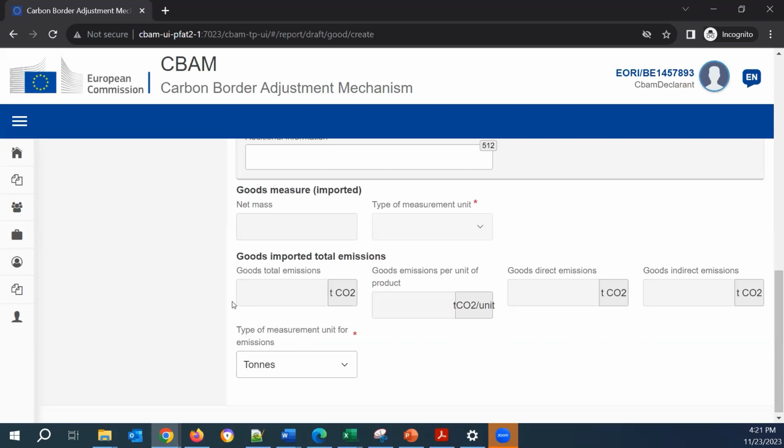And maybe you want to know how these emissions are calculated. So the goods total emissions is the sum of the goods direct emissions and the goods indirect emissions. The goods emissions per unit of product is the division of the quantity of the product divided by the